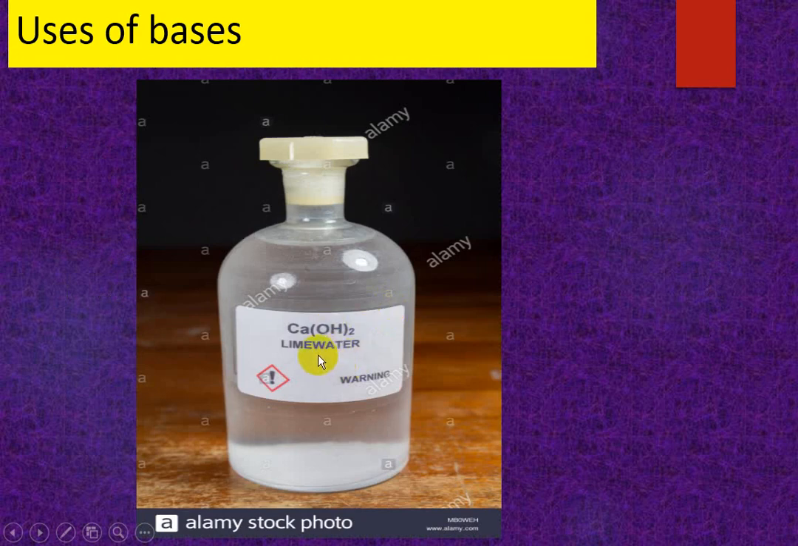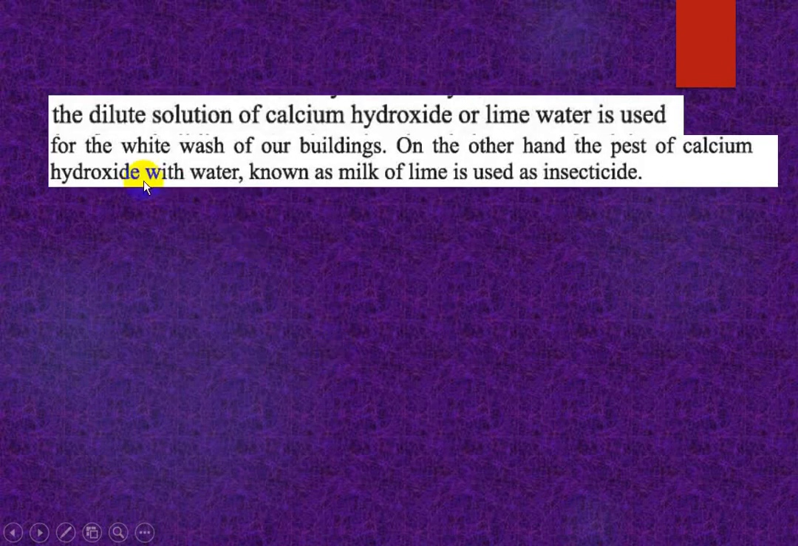Uses of bases. This is lime water, calcium hydroxide. This dilute solution of calcium hydroxide, or lime water, is used for whitewash of our buildings before painting. It is used in our houses for painting. On the other hand, the paste of calcium hydroxide with water, known as milk of lime, is used